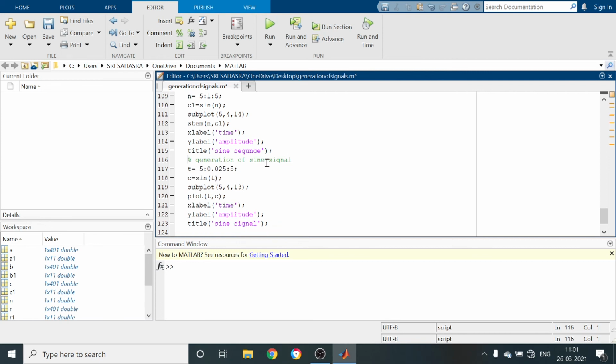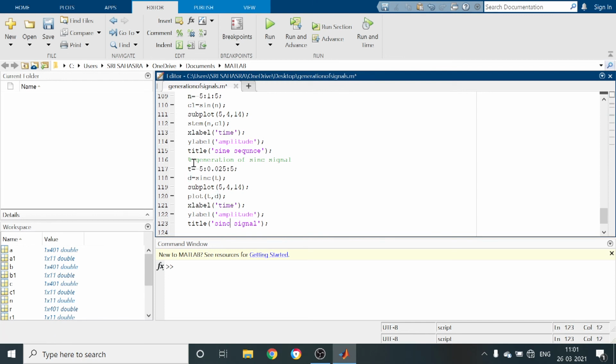So, generation of sync signal. I am using a variable d. In order to generate the sync signal, we have to use the command sync of t. So plot t comma d. Here we have to write sync signal.